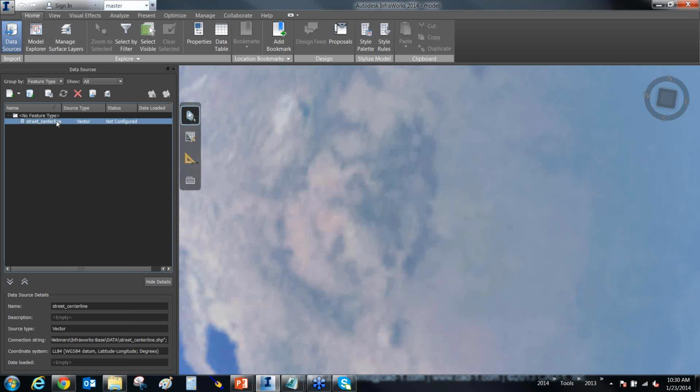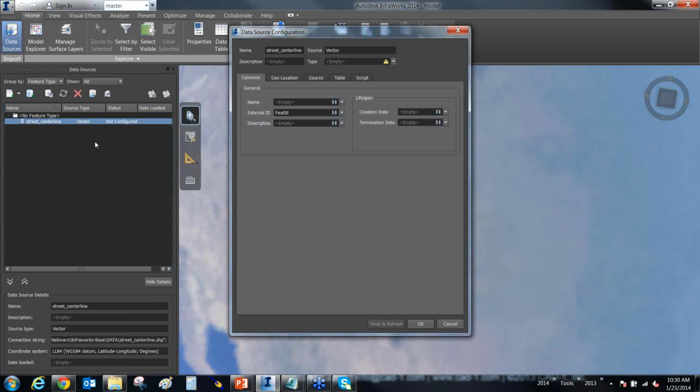So I'm going to double-click this guy so that I can actually configure it and bring up the little configure dialog box, and I'm just going to fill in some blanks to configure it. So as you're bringing in your base data, always remember all of it's got to get configured. Most of this information is already going to be pre-filled in for you, like what's the name, what type of data is it. It'll figure it out. But